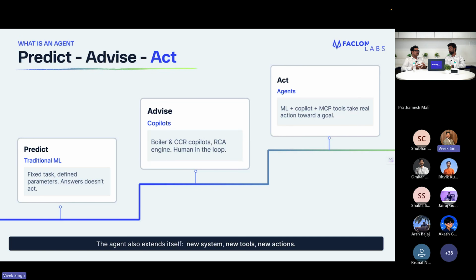Right. And what these AI copilots normally look like is they have these interfaces in the CCR control rooms themselves beside the operator. And then they have their own DCS control screens, and they look at these advisory copilot recommendations and then take actions. So it was learning from the engineer's actions. So the best engineer, whoever is there in the plant, it was learning from these actions, and then it was democratizing that information across all the shifts or across all the engineers, right? So this is what the co-pilot did.